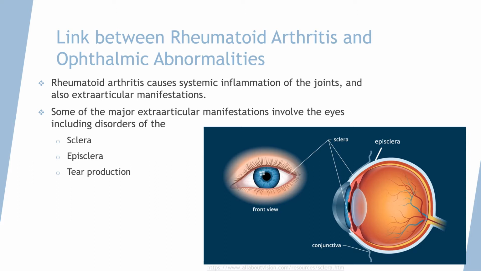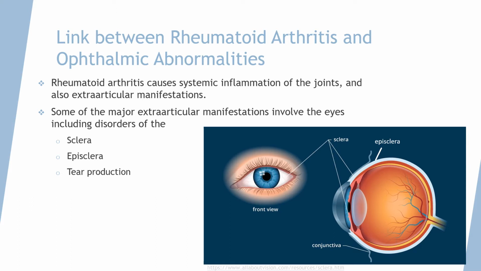One of the organs where RA has this effect is the eyes. Specifically, the eyes will develop disorders of the sclera, episclera, as well as tear production, so the lacrimal gland and